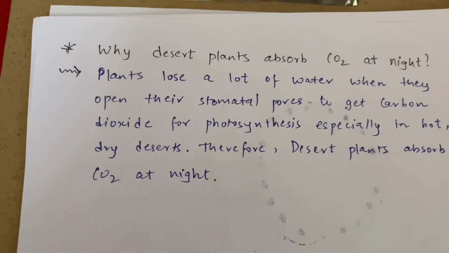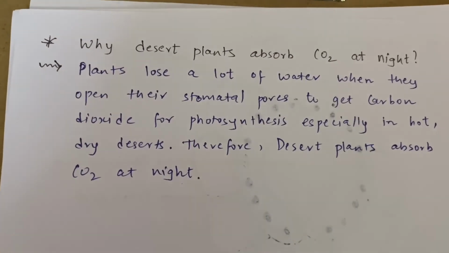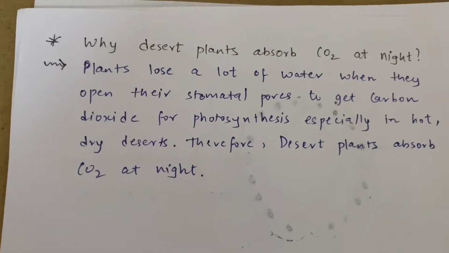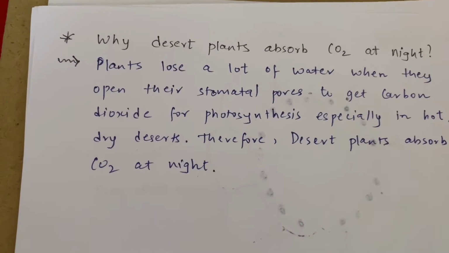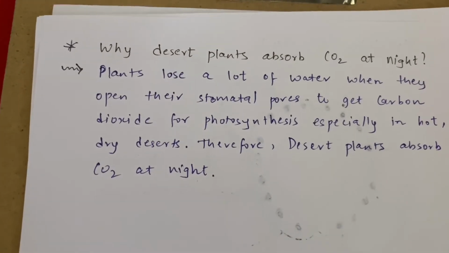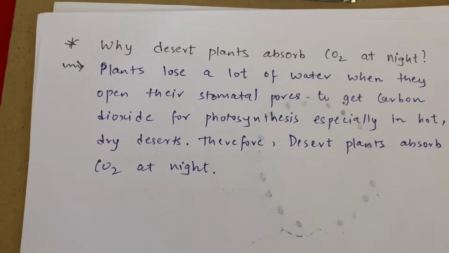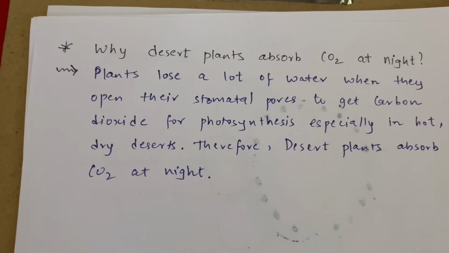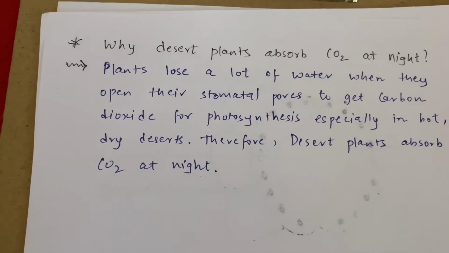That means in desert plants, as you all know, the temperature is very high, correct? So as if the guard cells have opened the stomata pores to absorb this carbon dioxide from the atmosphere, there might be the chance that the plant can lose water. As the temperature is very high, this water from the plants can be evaporated, and it can go into the atmosphere. So in spite of taking this carbon dioxide in, the plant can lose the water.